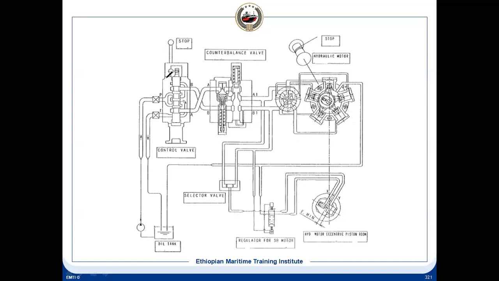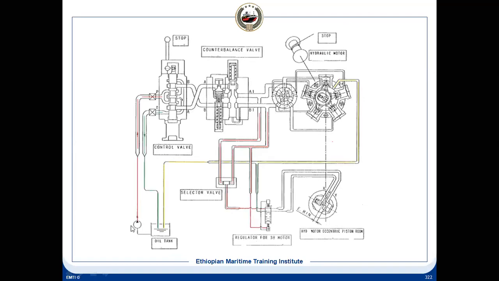position. And here there is another valve, it means the interlock valve, and this is the counter balance valve. This is the control valve which the pump is supplying. So let us see the flow. And this is the motor. This is the piston type hydraulic motor. And this is the valve which is controlling the speed, the selector, high speed and low speed we can select. Accordingly, the motor will run at high speed or low speed. Let us see the next slide.